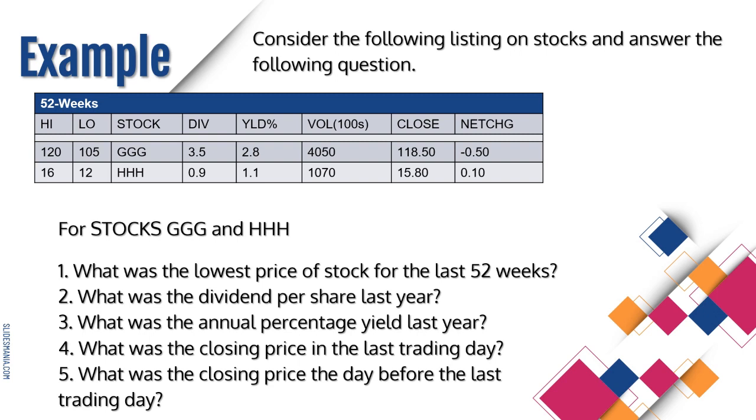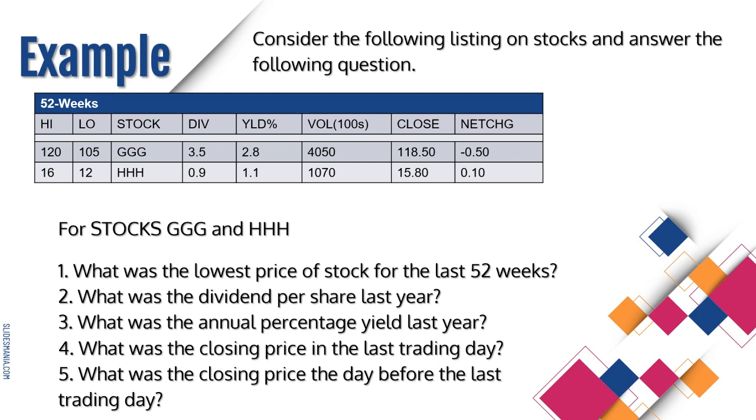For the stock HHH, we have the high, that is 16, and the low, that is 12. The dividend is 0.9, the yield percent is 1.1, the volume is 1,070, its close is 15.80, and the net change is 0.10. The questions are: